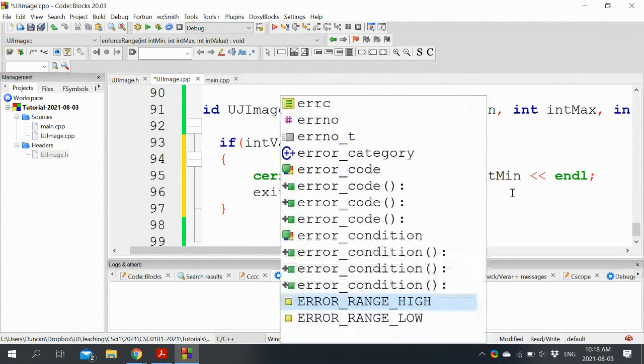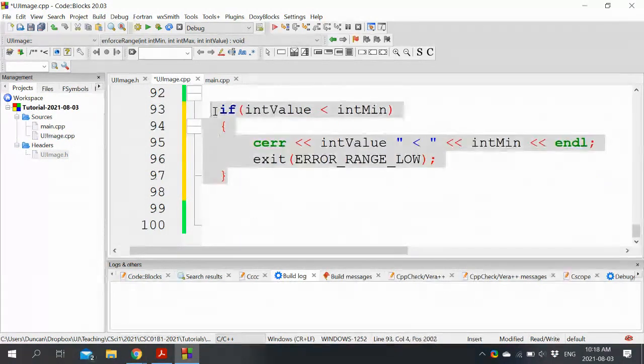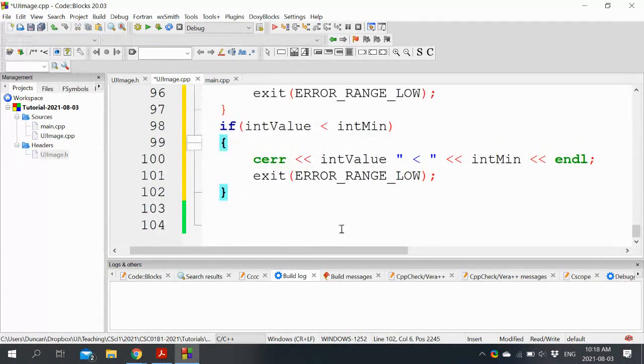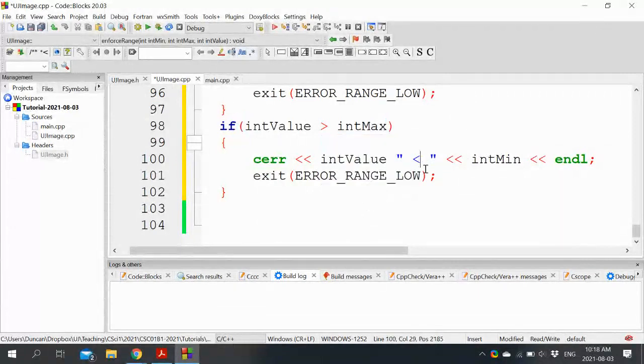And we can exit with an error code for that. So range low. And likewise, if it's too high, it's greater than max, then we can exit with an error code for that.